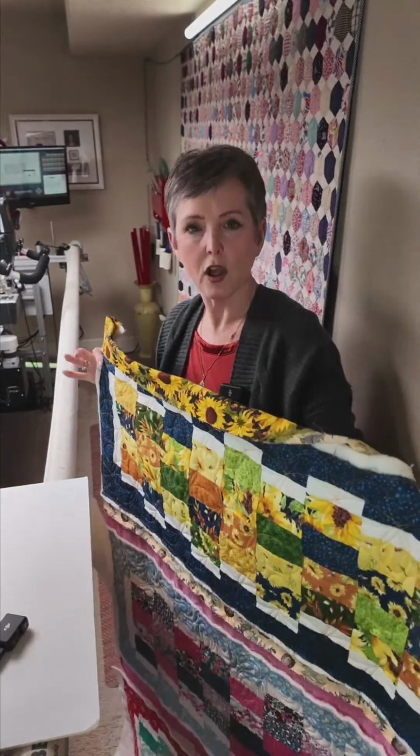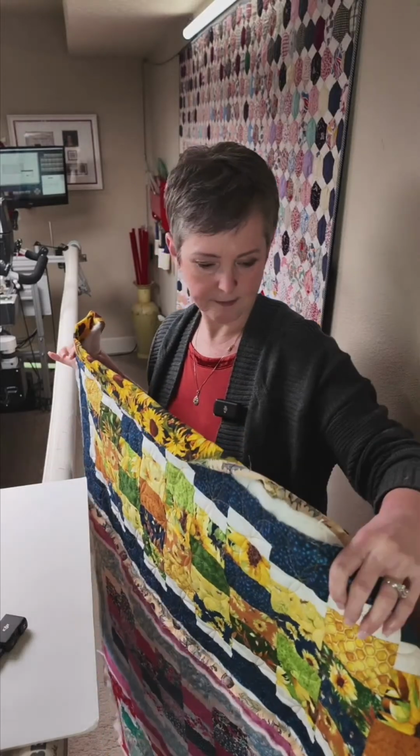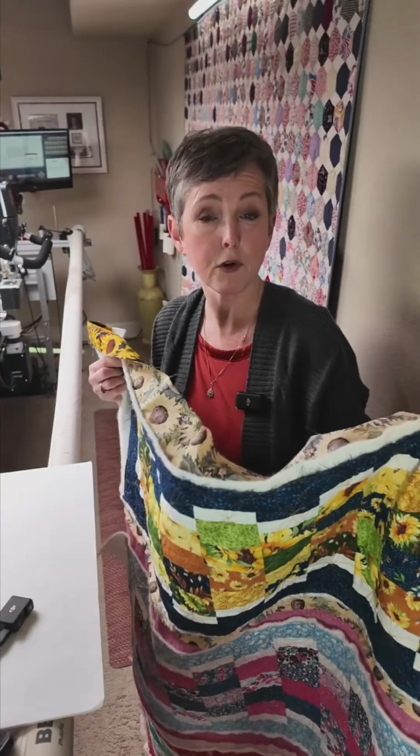Well, the first problem that I found was these runners, they're all about the same size because they're the same pattern. They're about 14 inches by 28 or 30. Anyway, 14 inches wide. And the lady whose they are, her backing was not 4 inches bigger on all sides. And I get that. When you've got just a 14-inch runner, to add another 8 inches of fabric is costly. So in fact, she only had about 2 inches, and in some cases a bit skimpy too,